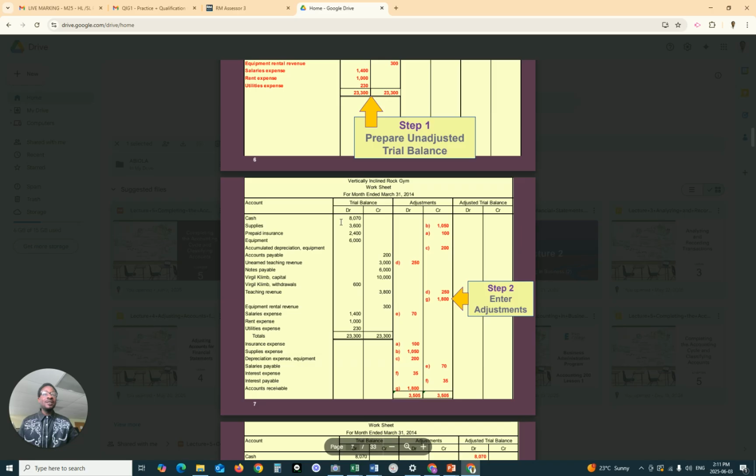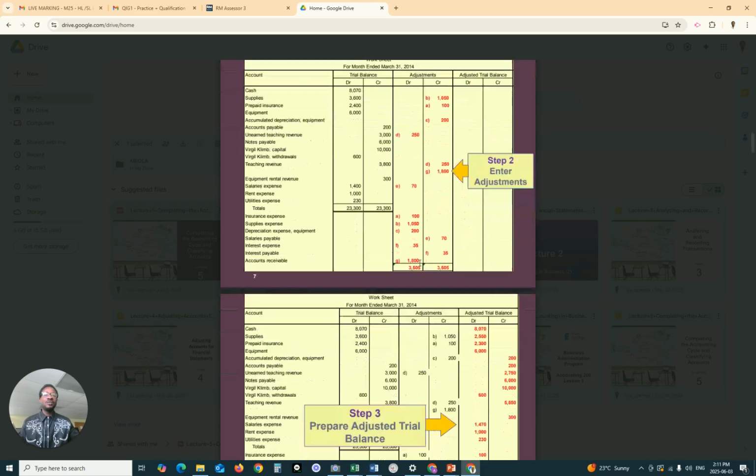So the next thing to do, which is step 3, is to add up or reduce accordingly or retain. 8070 cash, nothing happened, so it will remain 8070. Prepaid supplies will be 3600 debit minus 1050 credit. Because assets are on the debit side, any entry on the credit side is reduced. Liabilities, they are in the credit, anything on the debit side is to reduce it. Please take note of that. So step 3,